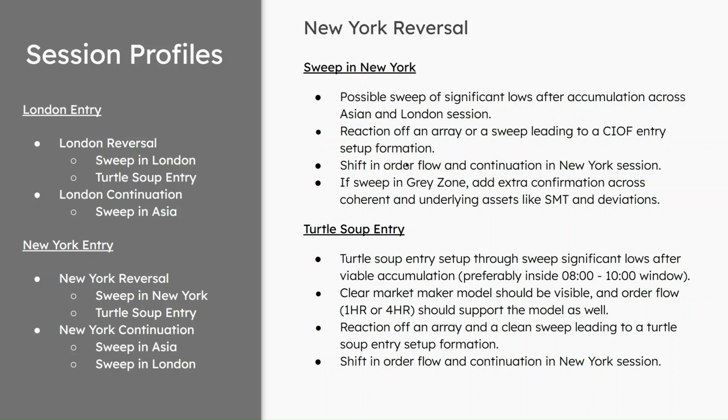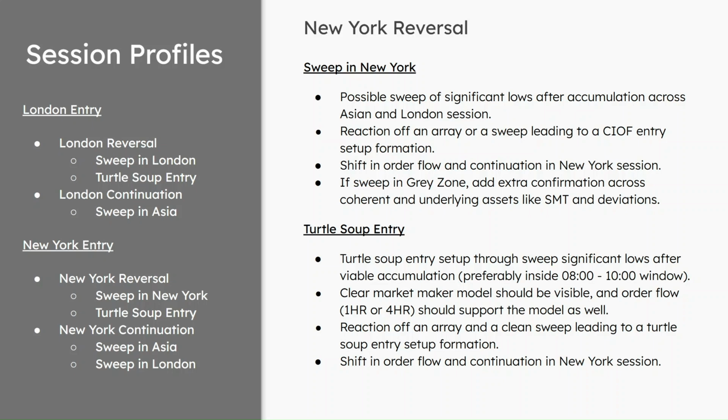Then the next type of entry is the New York entry, the entry in the New York session. And again, there are two narratives that we look at. One is the New York reversal, and New York reversal usually plays out again through two cases. The first one being the sweep in New York, which is a possible sweep of significant lows after accumulation across Asian and London session. Reaction of an array or a sweep leading to a CIOF entry setup formation is something we look forward to. Shift in order flow and continuation in New York session needs to happen after the CIOF